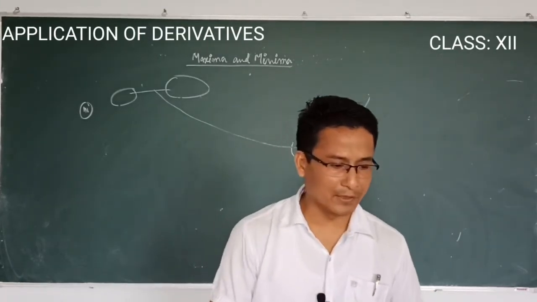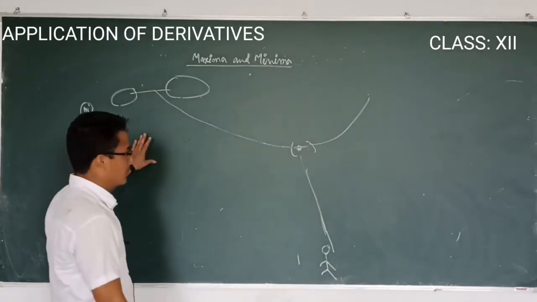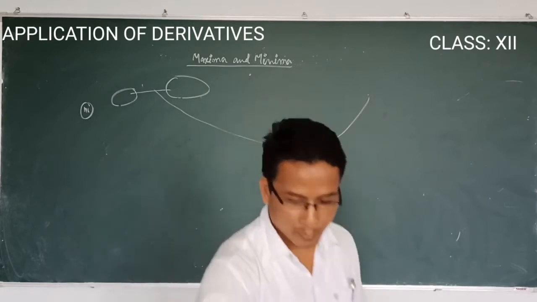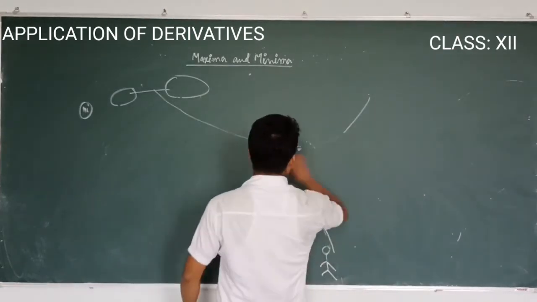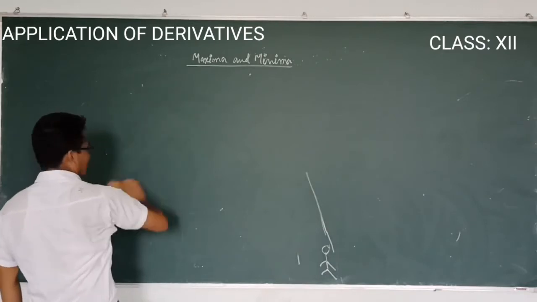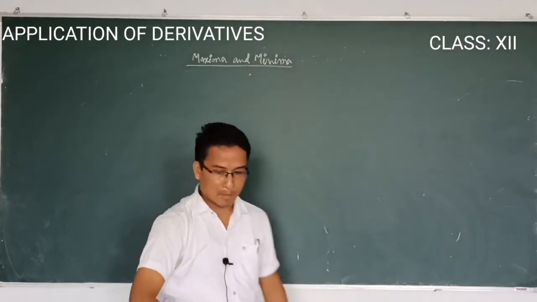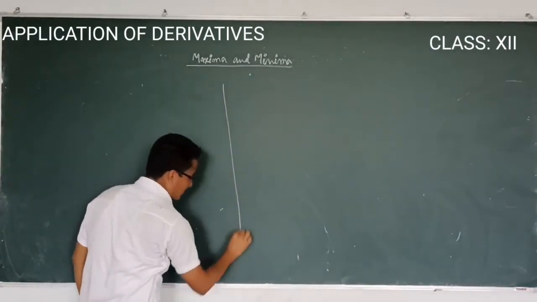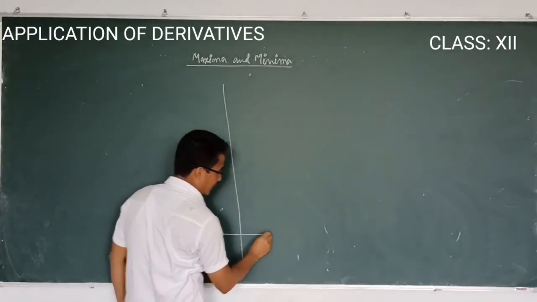Note that we have lots of definitions, the first derivative test and the second derivative test. That's not too difficult, but we have to understand what maxima and minima are. After that, I will show the graph.